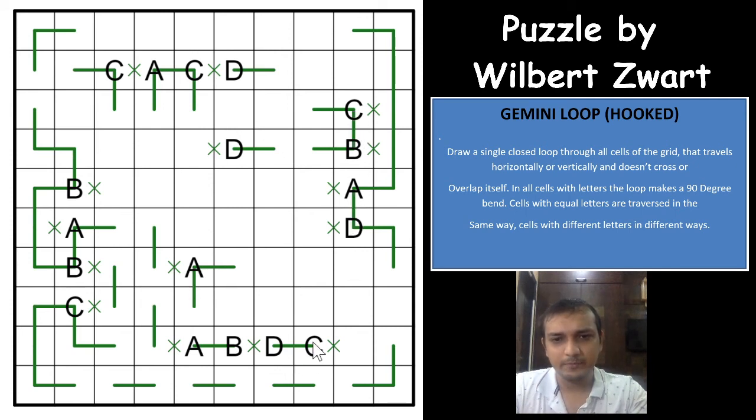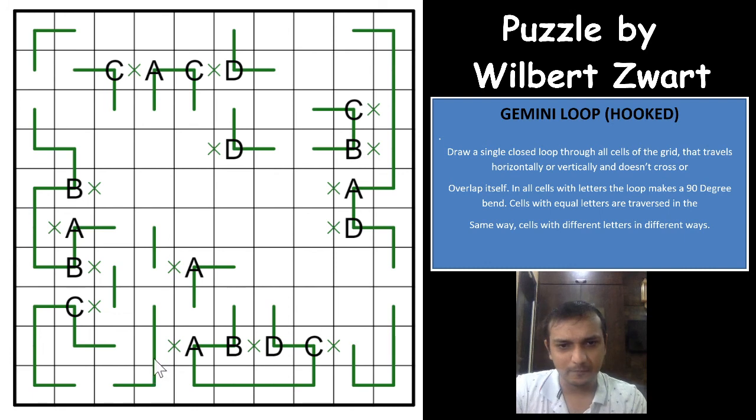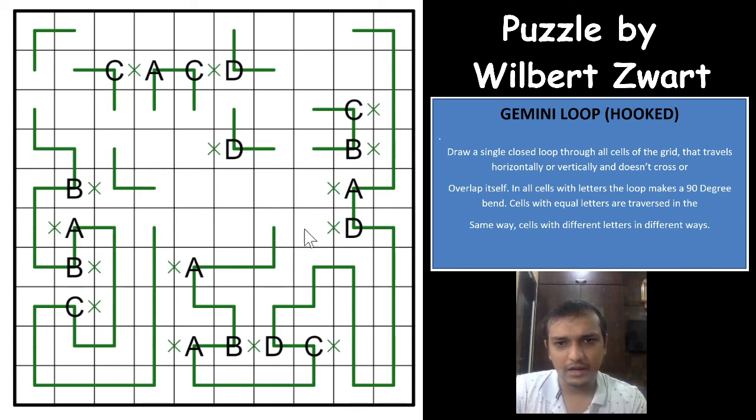Let us do that here. A and C will have to come down, and B and D will have to go up. And with that, I think this will be an easy puzzle to continue, and let us see if we are able to solve this puzzle now. So this will go this way, and this will, okay, you have a cross mark here, this will go up, this will go up, this has to continue this way. So this will have to continue this way, this will go up here, and I think the puzzle will be solved here easily now.